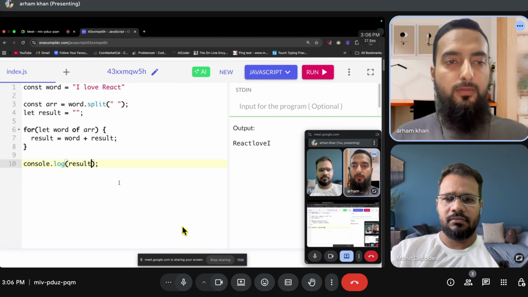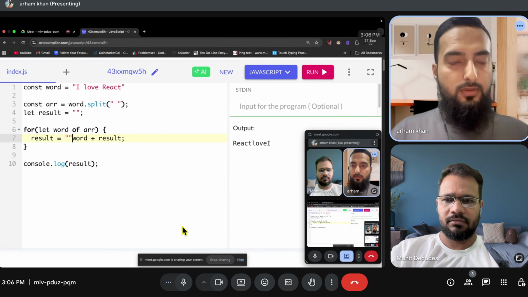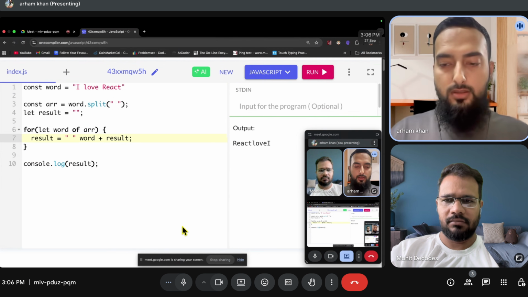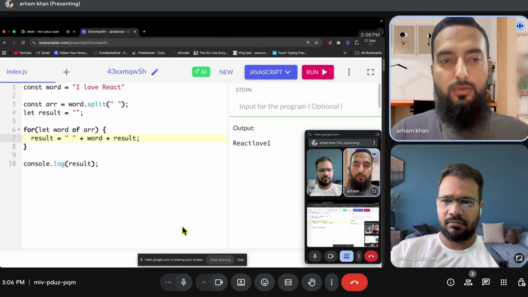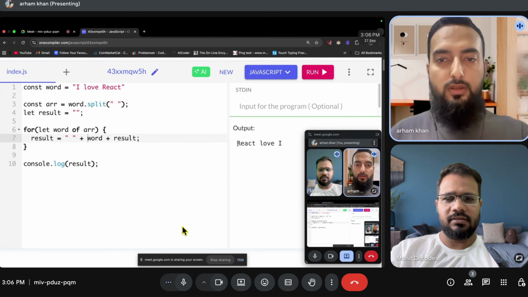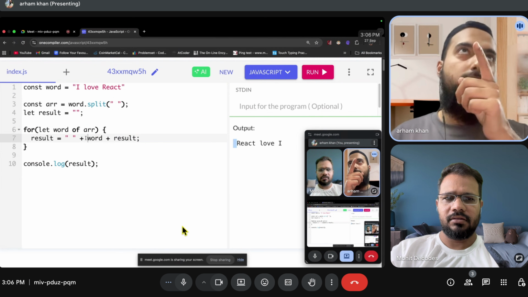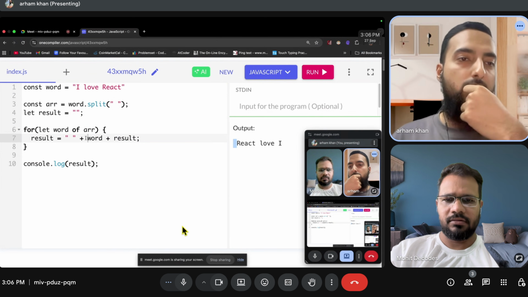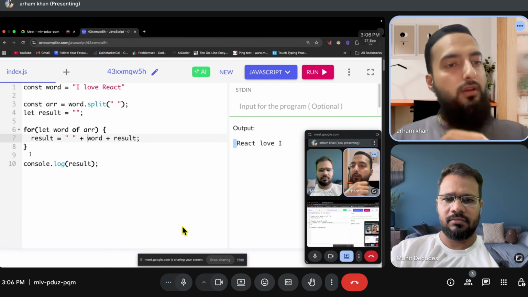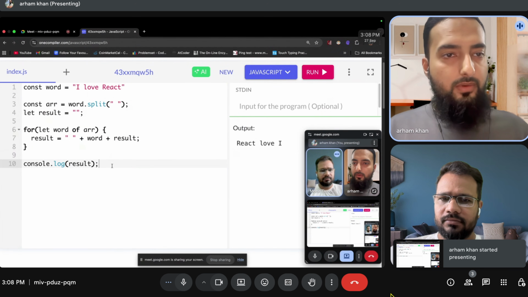Okay. So we can have a space and then the word. If this is what we are doing, this should be fine. But then I'll have another space in the beginning that is not required. Either I join it in the array itself. Yeah, I can simplify it by saying, okay, so